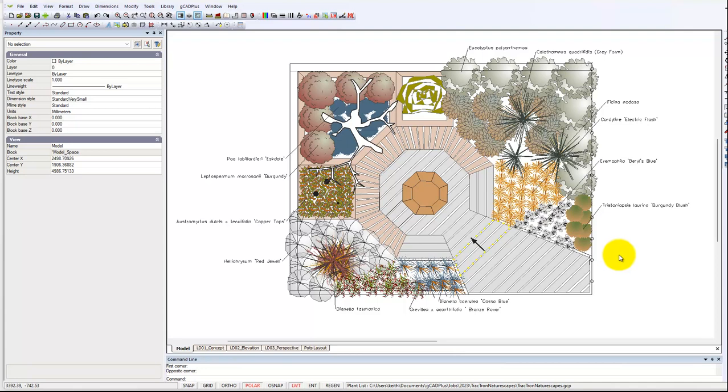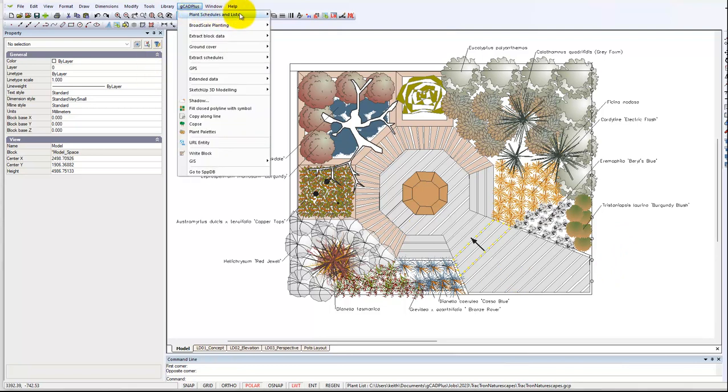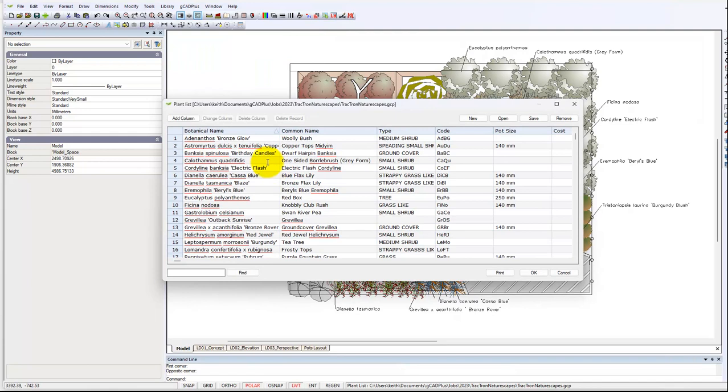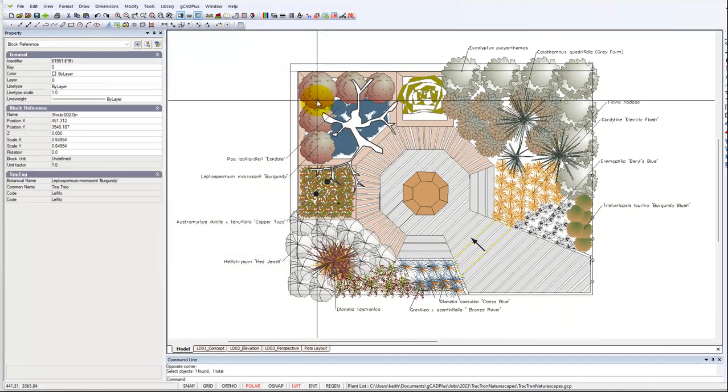The plant symbols in this design that's been created using gCADPlus have all been tagged to an entry in an accompanying plant database file. gCADPlus allows you to attach a plant database file. It has the extension GCP, and you just tag each symbol to an entry in that file. If I go to edit the plant list, here's an example of an entry,